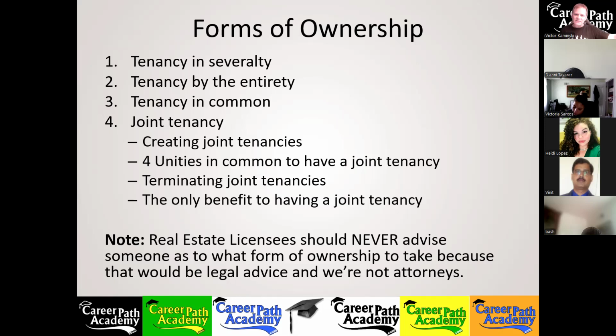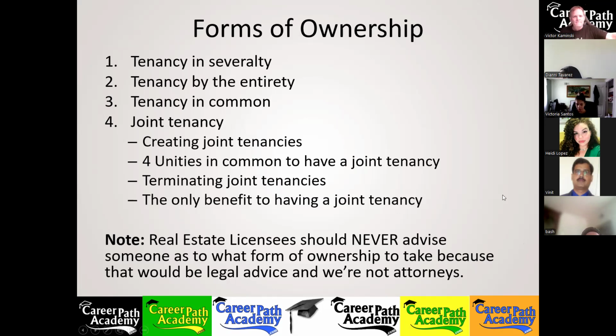But if they ask what form of ownership this would be in this scenario, well, that's a differently phrased question altogether. Then have at it and answer using the knowledge that you've acquired through your studies here. Okay, so this is just my word of caution when taking exam questions on how to answer that.